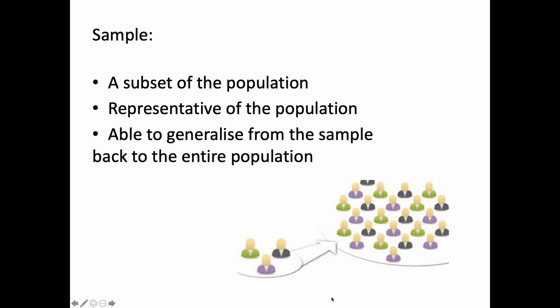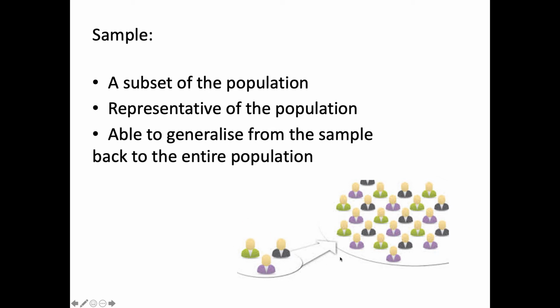Okay, sampling. The thing about trying to study a population is that it's impracticable to study every single member of that population. For instance, I'm interested in the experiences of trans and gender diverse adults who live in regional and rural Victoria. It's impracticable for me to identify every single adult who identifies as trans and gender diverse and to meet with them within the time frame of a PhD, which is 3 years. So instead of trying to do that, what we do is we select a subset of the population.